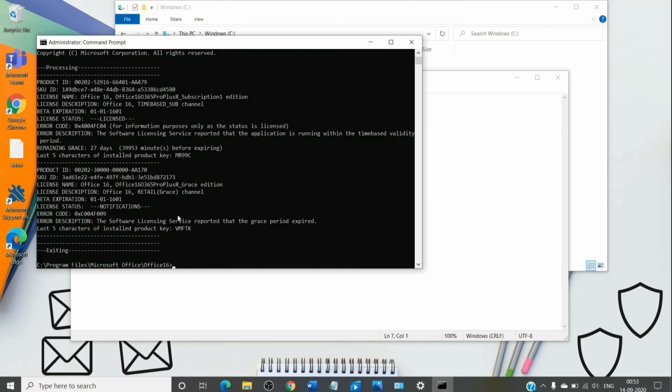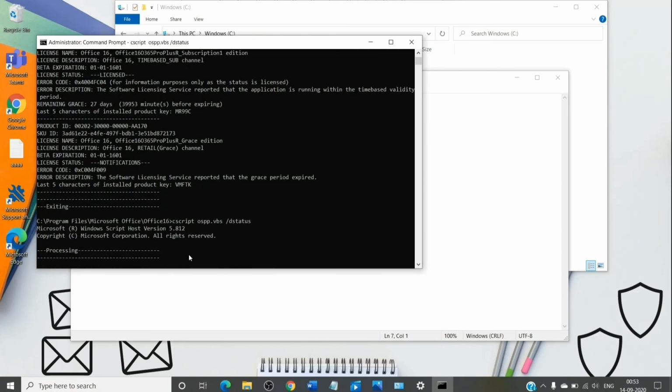So once you run that command, go ahead and run it for the other product keys on the computer as well. Once you do that, run the first command again just to see if there are any more product keys still left on the computer. Once you verify it,